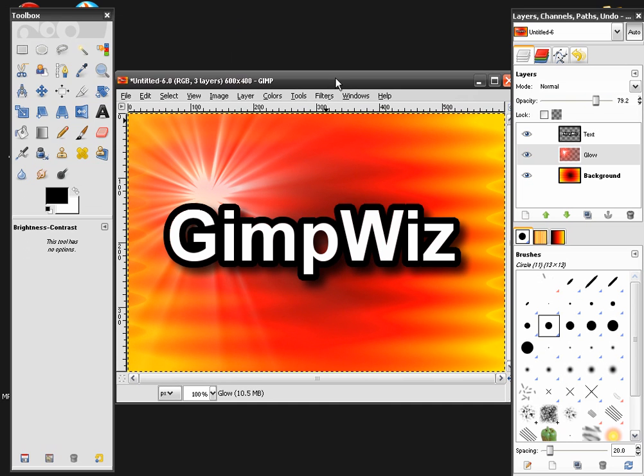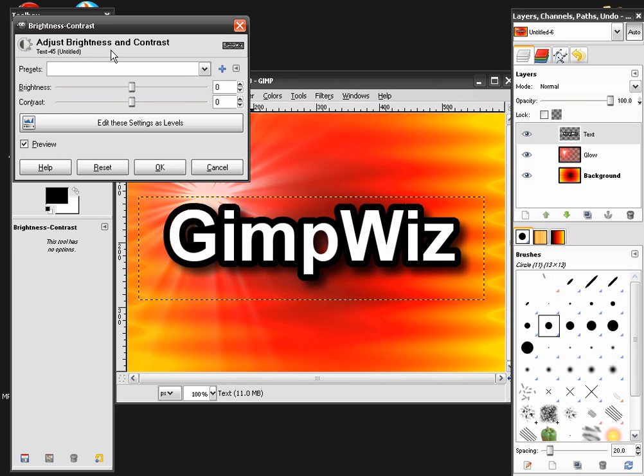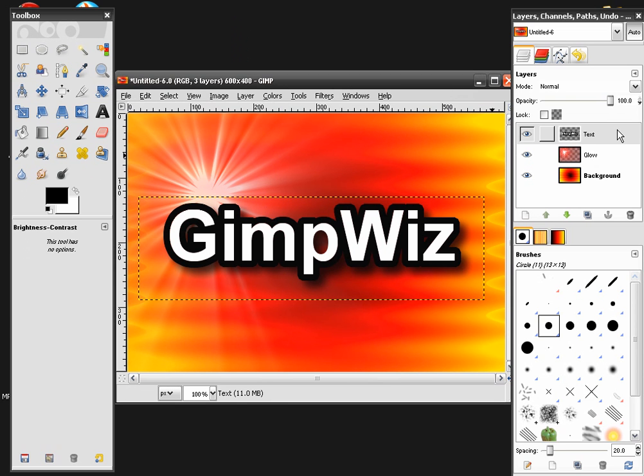Hit OK, and then you can see that change a little bit, and then go to your text layer, go to colors, brightness and contrast, and change the brightness up to about 40, and the contrast up to 25. Hit OK, and it will create more of a popping out, more